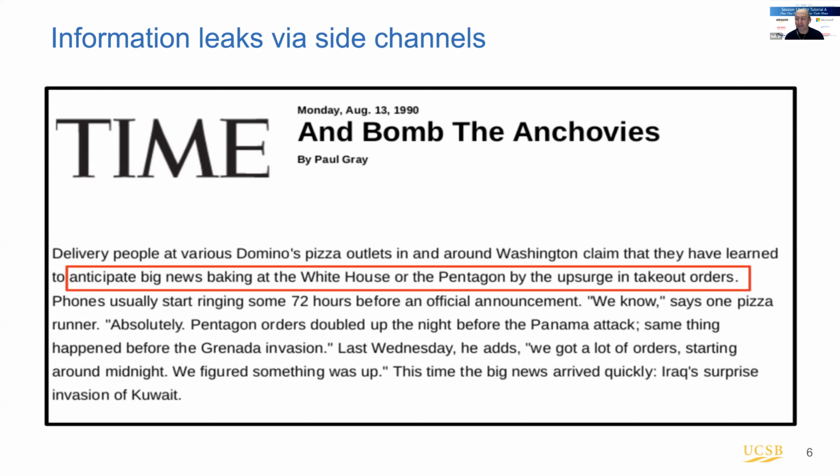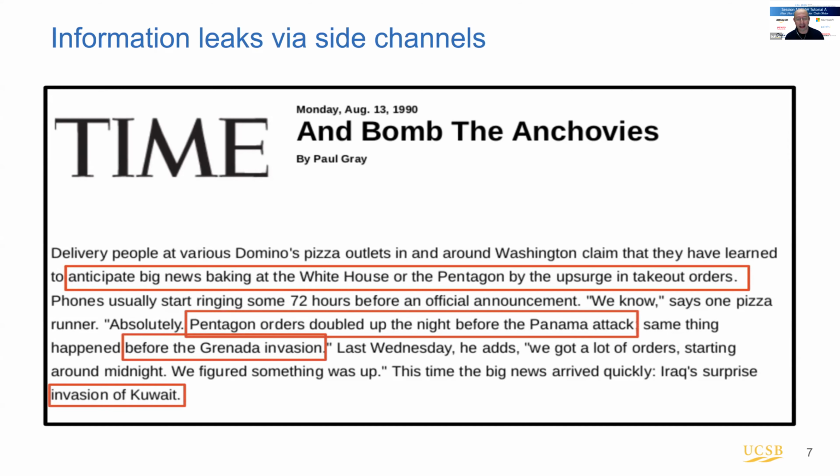Because the night before a big event, people stay in offices and order pizza. They noticed that the Pentagon orders doubled the night before the Panama attack. And this was similarly observed before the Grenada invasion of Kuwait.